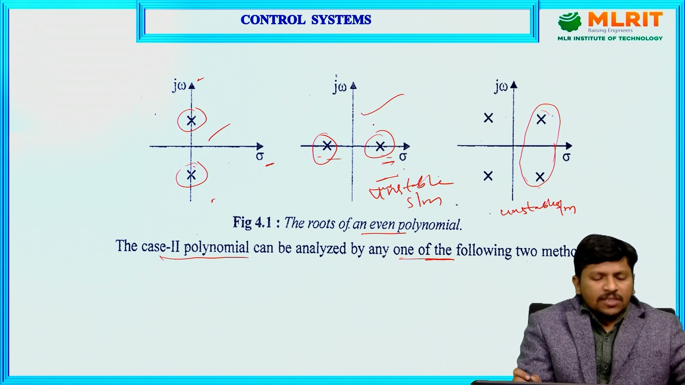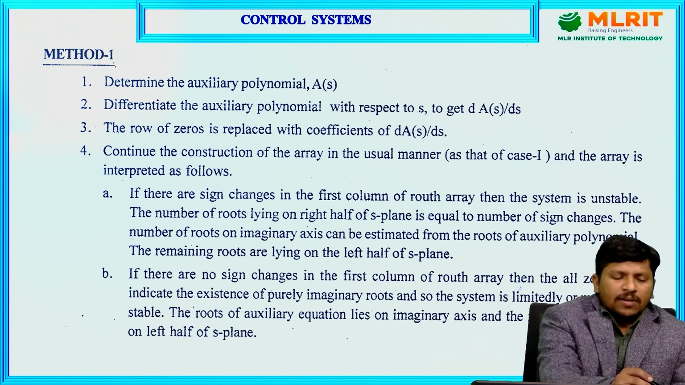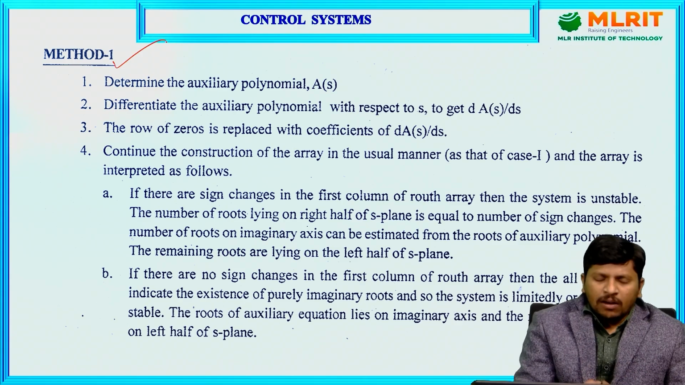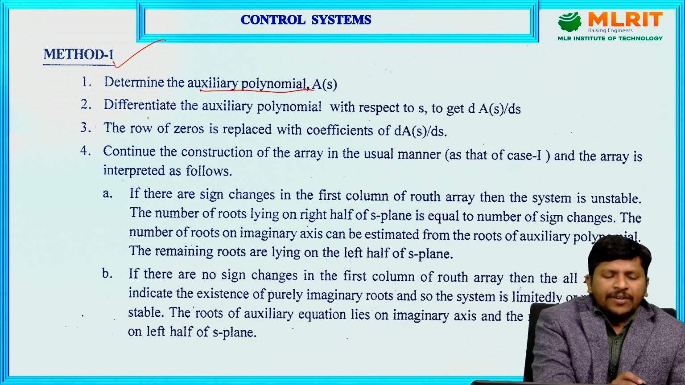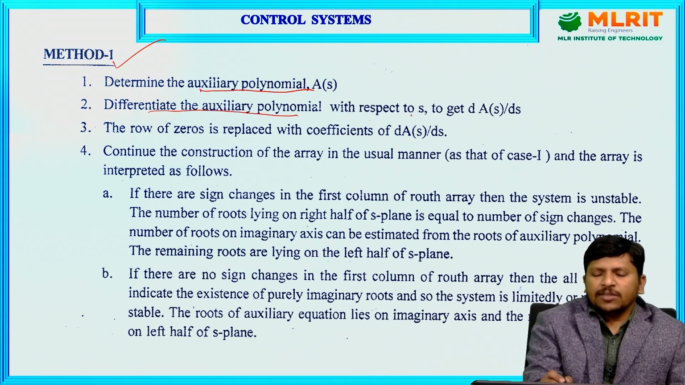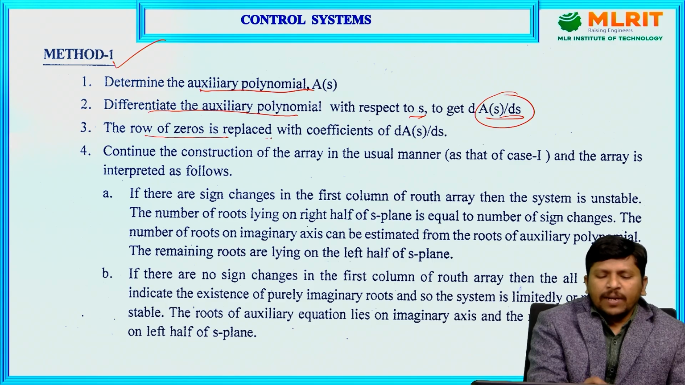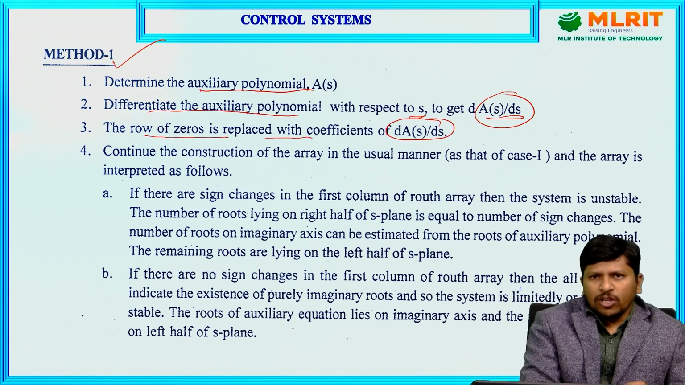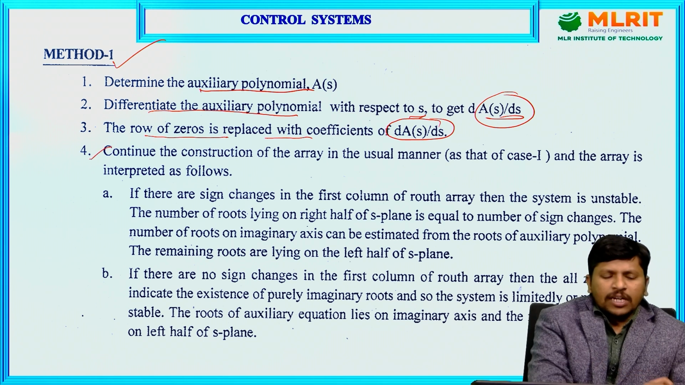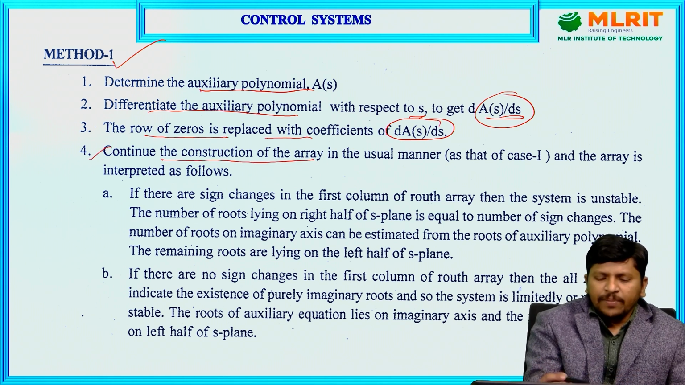The two methods we are going to use in the case of 2. See, first method. In the first method we are going to determine the auxiliary polynomial equation, that is the zeroth row above row, and differentiate that auxiliary polynomial with respect to s to get the a of s divided by d of s. The second point, the row of 0 is replaced by the coefficients of the differential equation of the auxiliary polynomial. Next, the fourth, continue the construction of the Routh array in the usual manner,